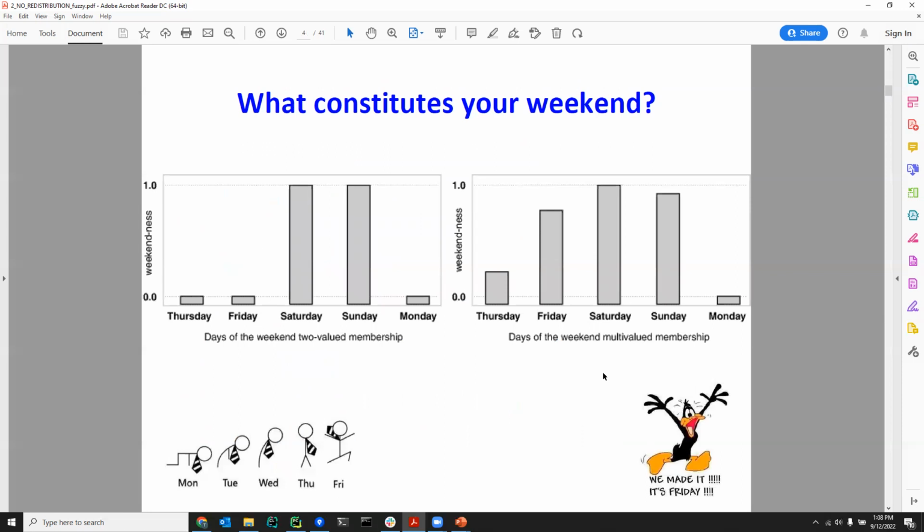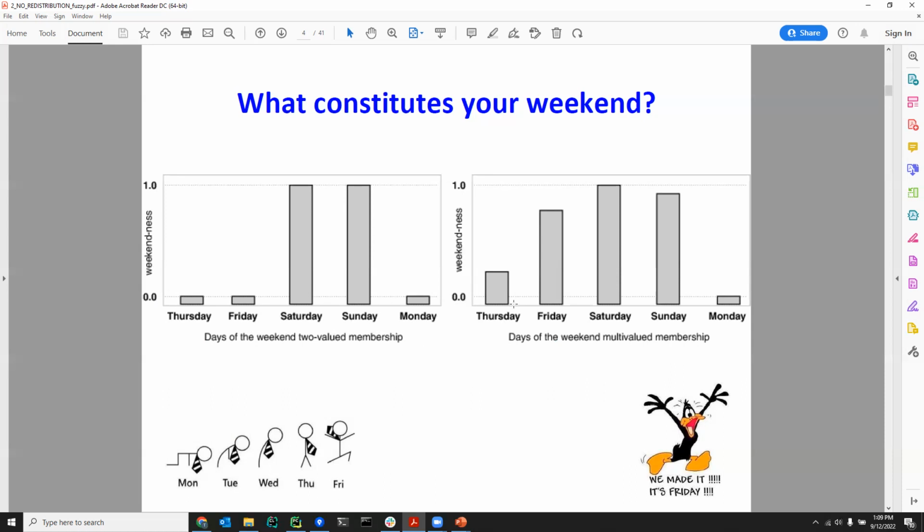This is a visualization of that concept where on the left we have the Boolean or classical logic representation. And so on this scale we have weekendness, describing what weekend value the days have. And then simply the days of the week. You can see that Thursday and Friday have no weekendness, Saturday and Sunday have full weekendness, and Monday has zero weekendness. In the fuzzy version, where we're able to go to any value in between 0 and 1, well, we